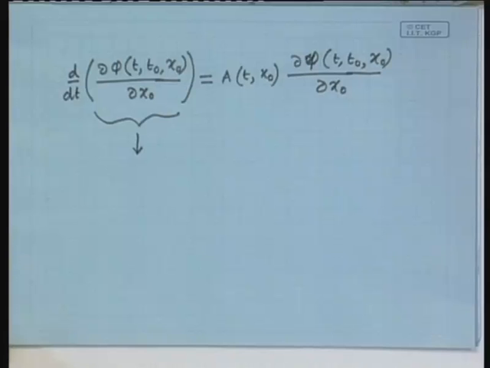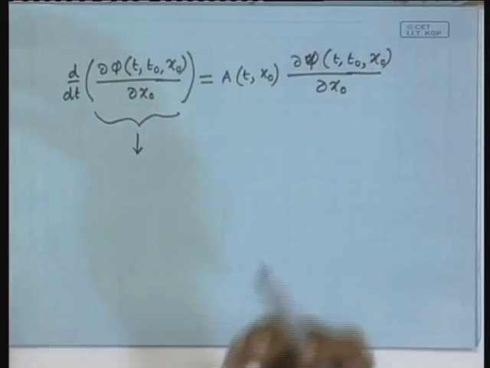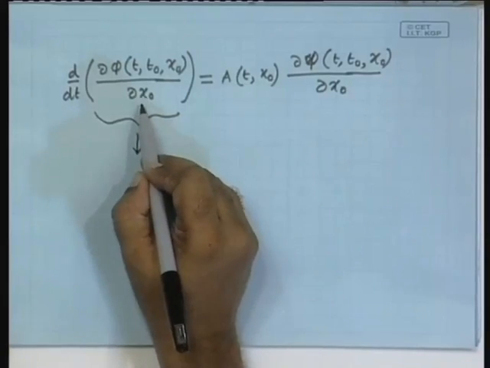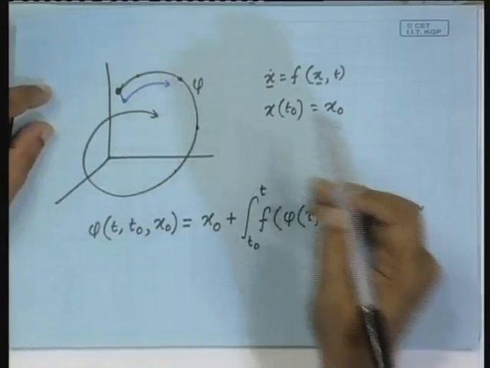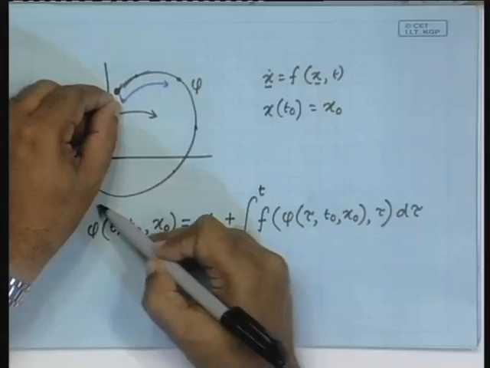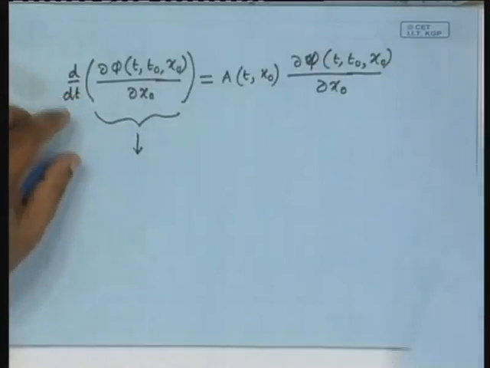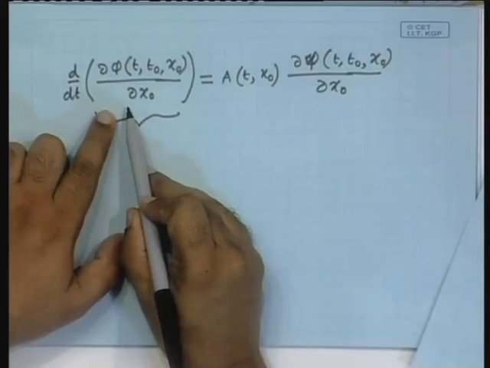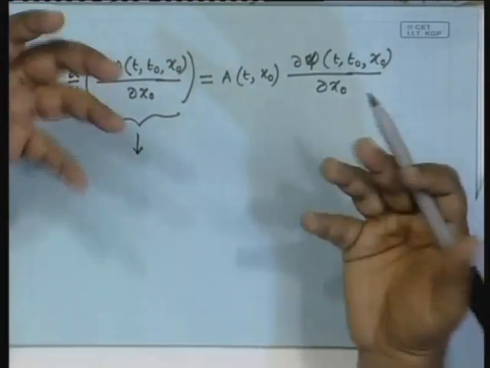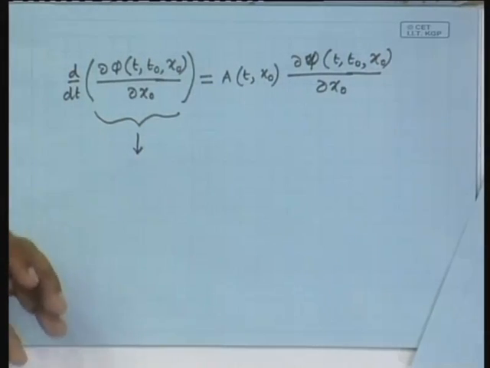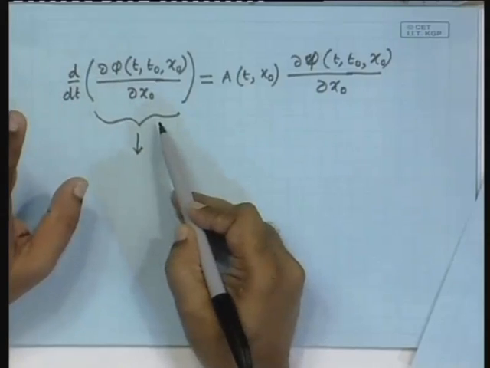So, as a result you can obtain this term. What does this term say physically? It says how the function changes with time as you change the initial condition. This function goes around, so that will be a function of time. So, this is a function of time. Okay. So, when you solve it, ultimately when you have obtained this term as a function of time,